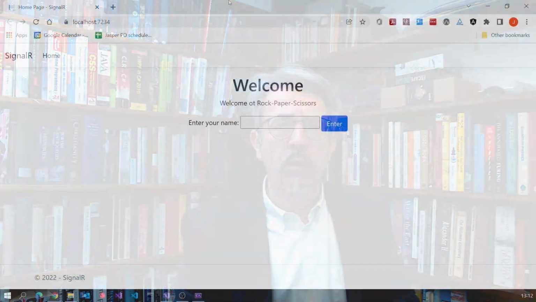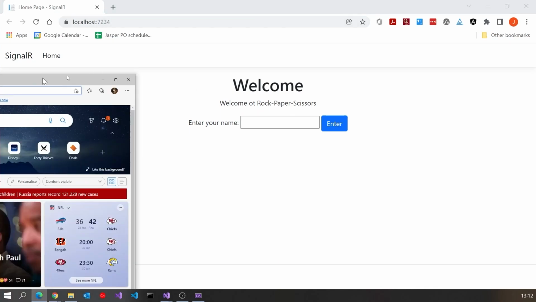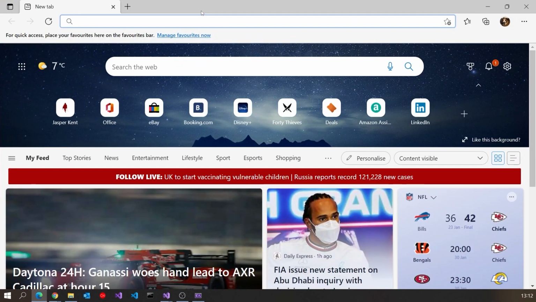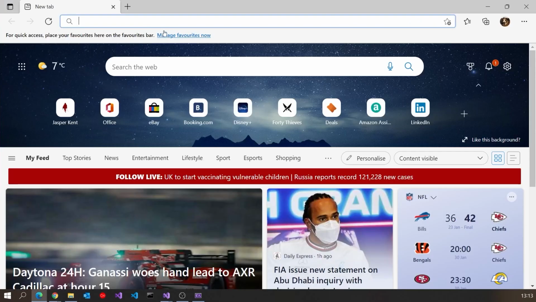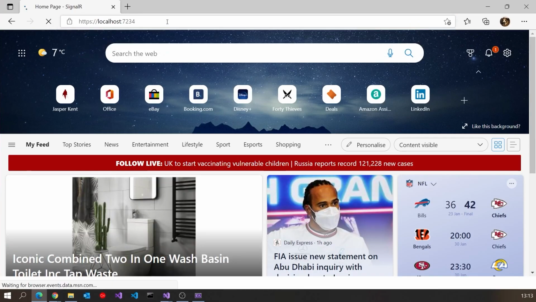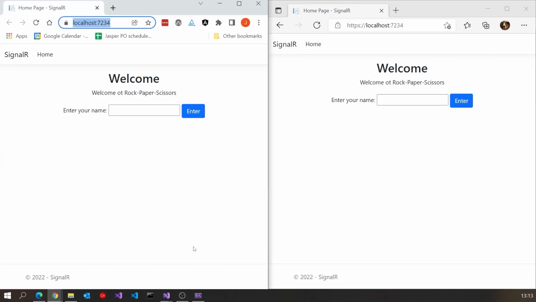So let's actually cheat this a bit and look at the end product that I'm trying to put together, because I think that'll make it a bit clearer as to what we're trying to achieve. So if you look at what I've got here, we've just got a page in Chrome connected to our server, and what I'll also do is bring up a second browser. This time we've got Edge, and I'm going to point it at exactly the same website. So we'll just copy the URL out of there, and we see the same sort of thing. Let's just position these so that we can look at them side by side.